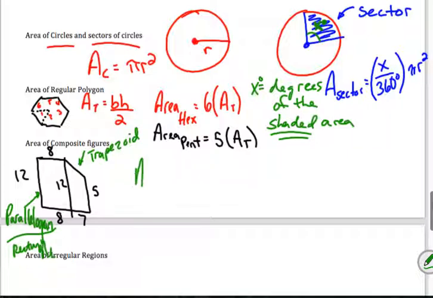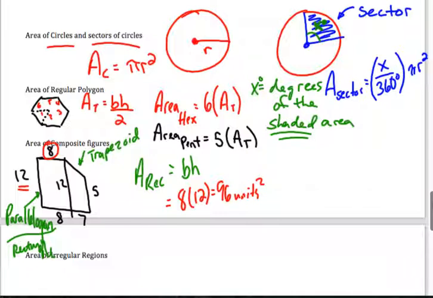So the area of a rectangle is the same as a parallelogram. It's base times height. So if I look at this closely, it would probably be my base, and my height would be 12. So I would probably go this as 8 times 12, which is equal to 96 units